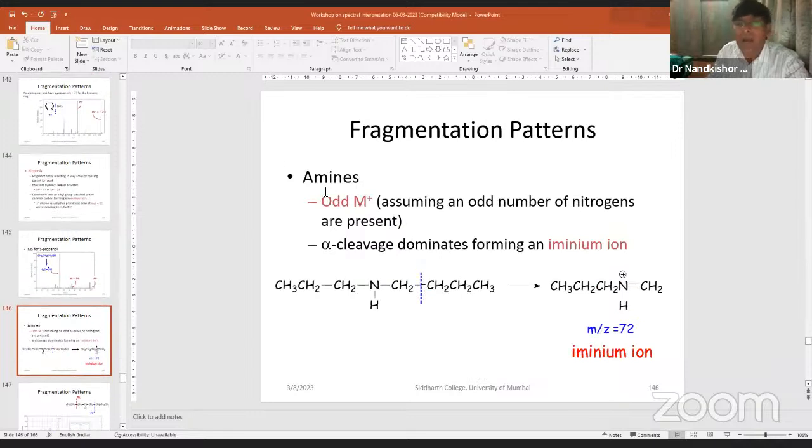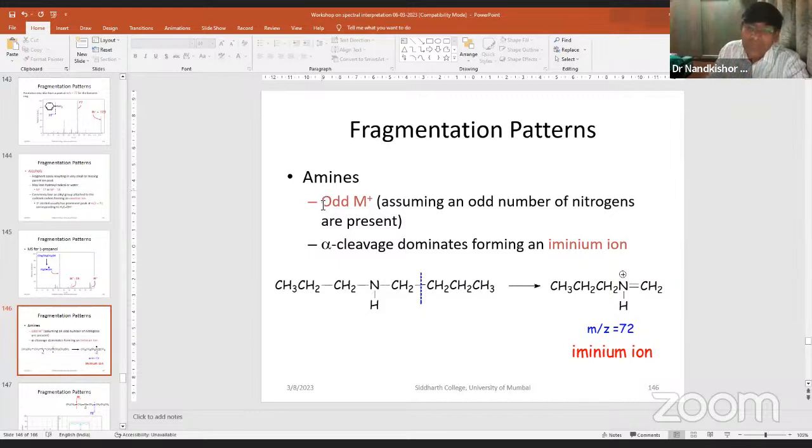Look here at some of the amines. Now, as I told you, the nitrogen rule. What does the nitrogen rule say? If you have an odd number of nitrogens, the mass of the molecule will be odd, or if it is even, then even. But in case of